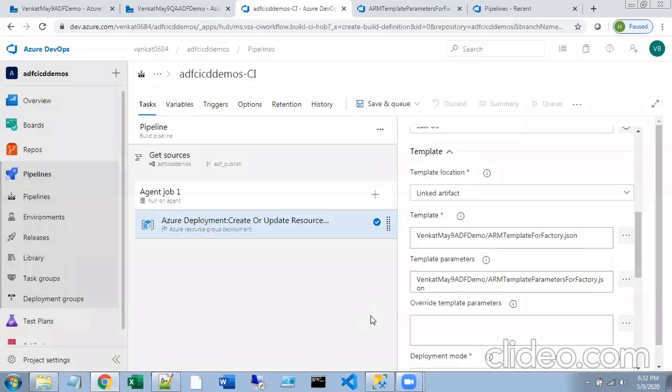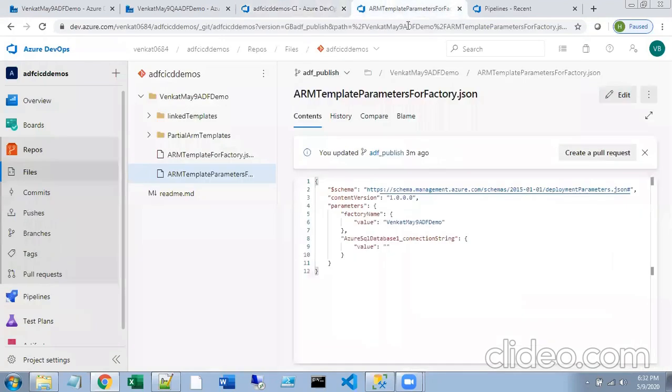Okay. When you deploy these data factories into the higher environments, what are the things that you have to change? If you see this one, factory name, this is the data factory name. What is the data factory name you have in your QA environment? This is the Venkat May 9 QA ADF demo.